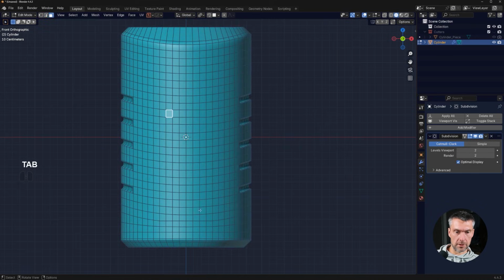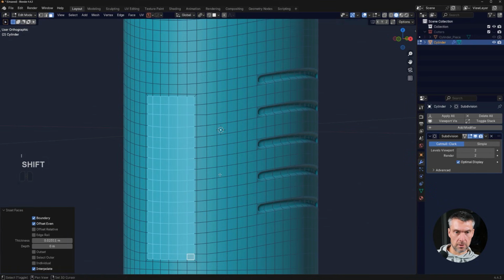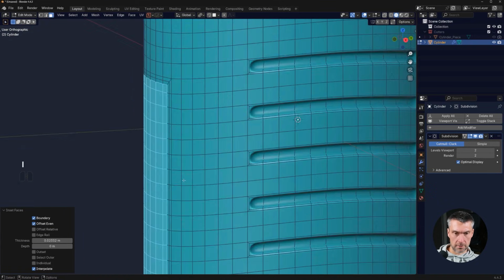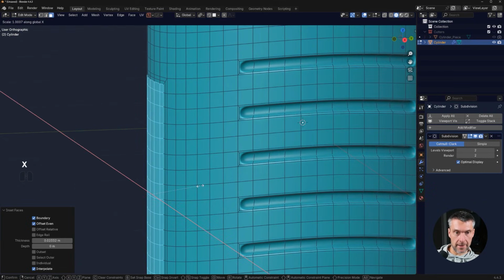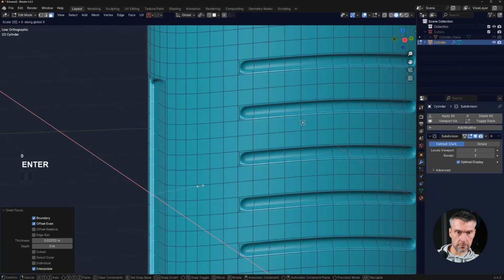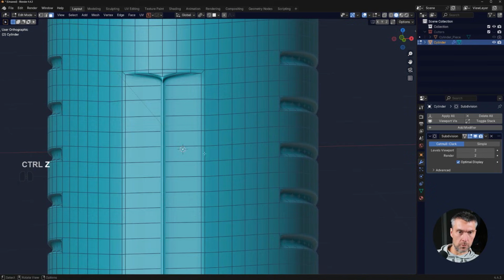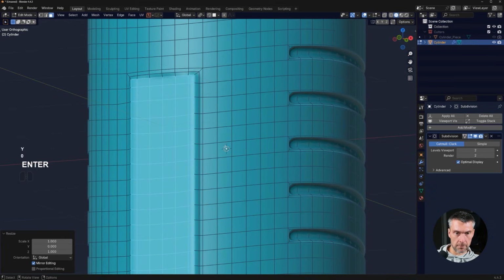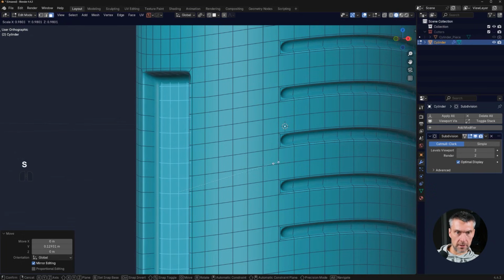So select from here to here, and we're gonna inset this. And we're gonna do it one more time, right? And then we're going to flatten the face, so S, X, Y, 0. And we're gonna move it in, so just move it in, right? Whoops. S, Y, 0, there we go. And then move it in, GY, and move it in, okay? And we're gonna scale it a little bit. Cool. Now,